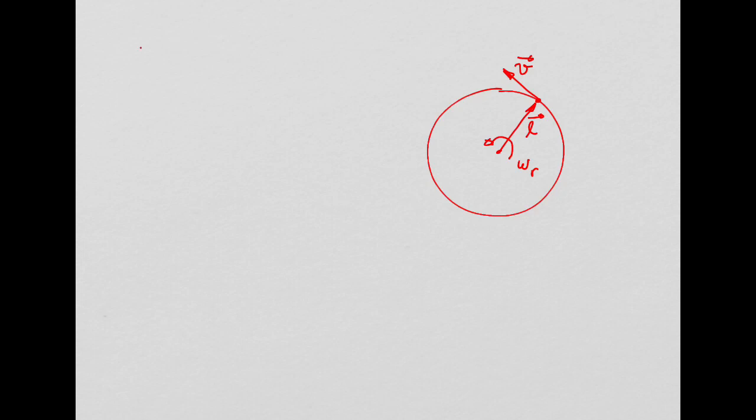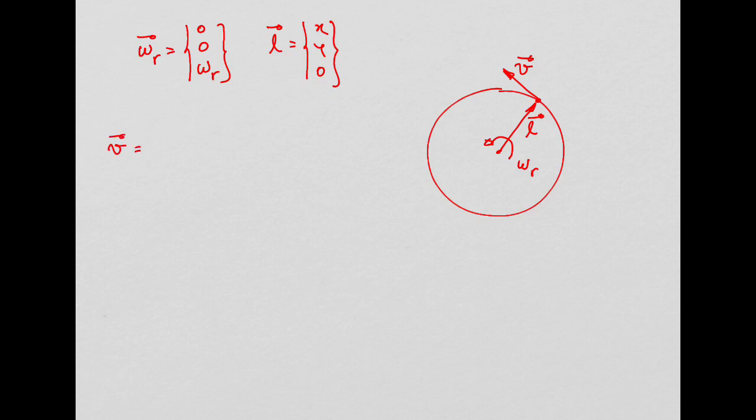So this vector WR, how do I define it? Well, it has only a component in the z direction, which is WR. This vector L has x, y components, and the z component is 0. You agree? Now, my vector V is going to be the cross product of WR, which is 0, 0, WR,